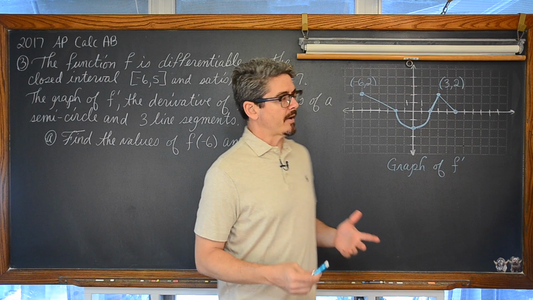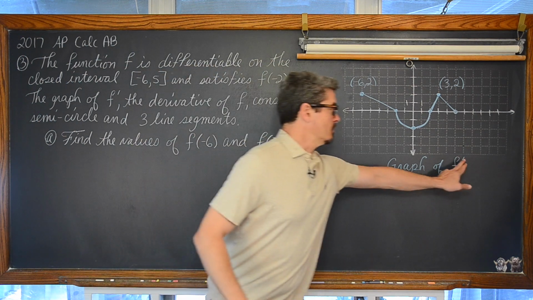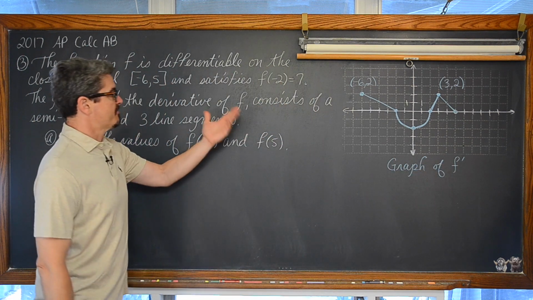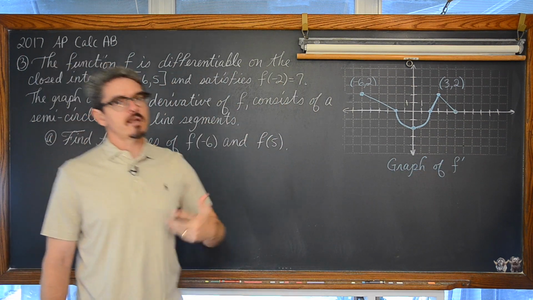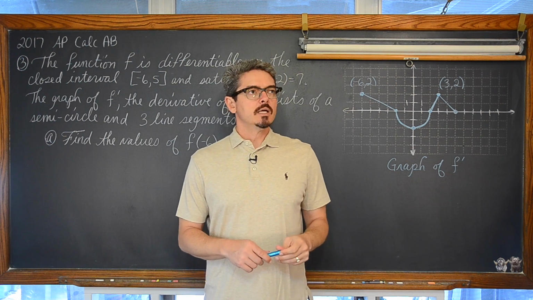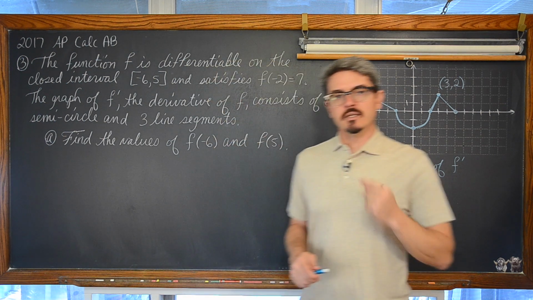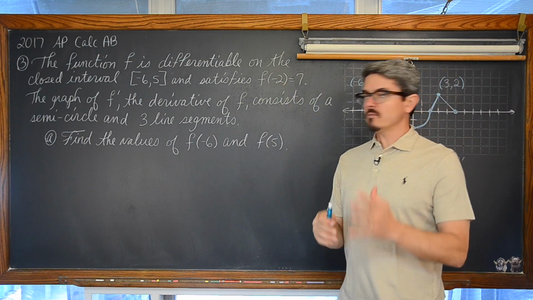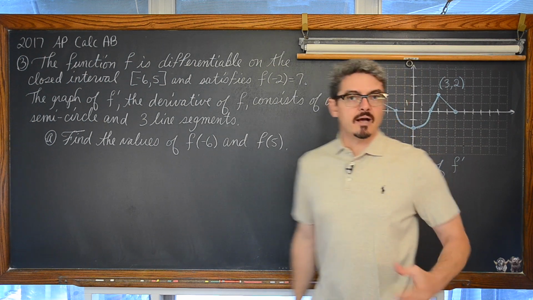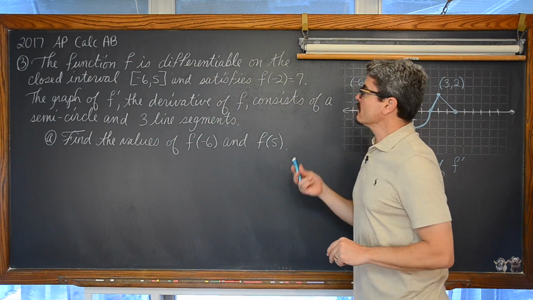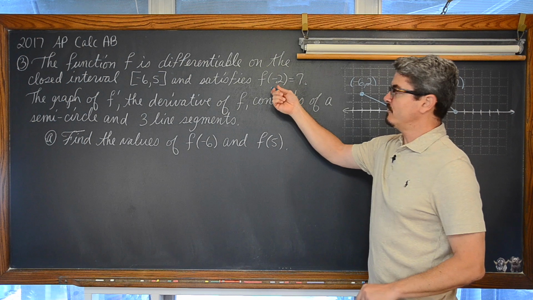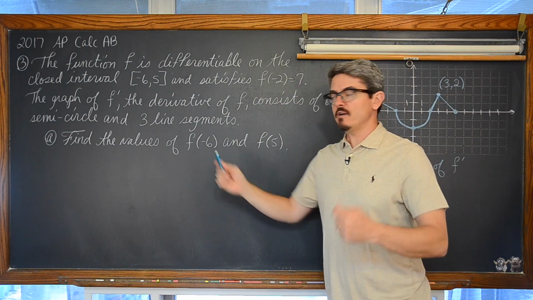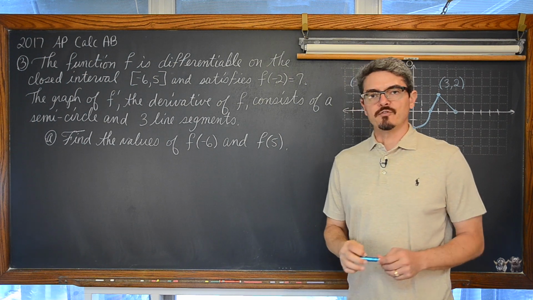And I say this all the time in my class. If you integrate a rate of change, which is what a first derivative is, at least f prime is a rate of change of f, you get an amount of change. And that's exactly what's going on here. It's called the net change theorem. Even though we don't know what the function is, all we have is a graph of the derivative, we're going to be finding the value of f. Given the fact that f of -2 is 7, we're going to find the value of f at -6 and find the value of f at 5.